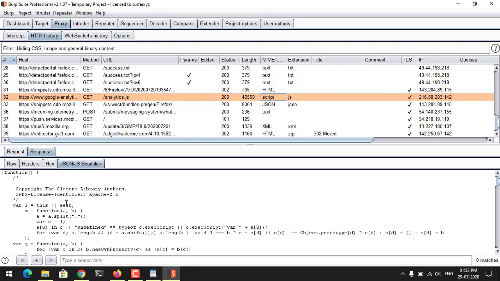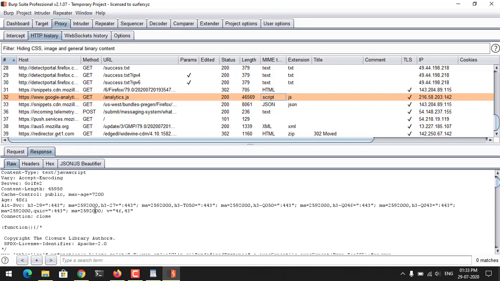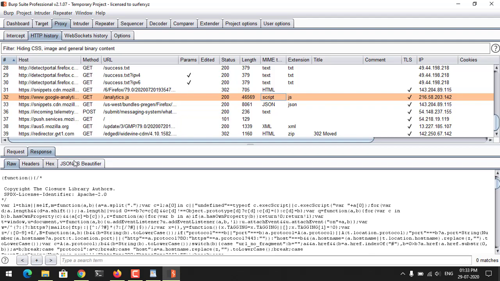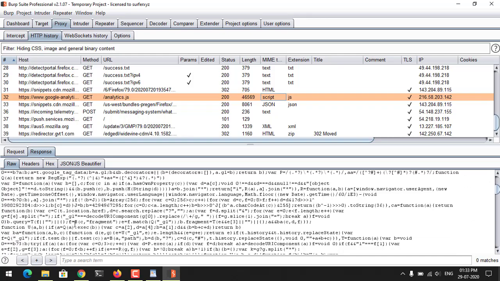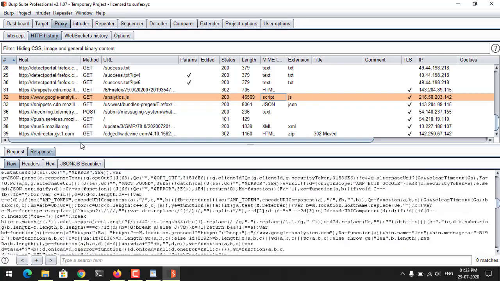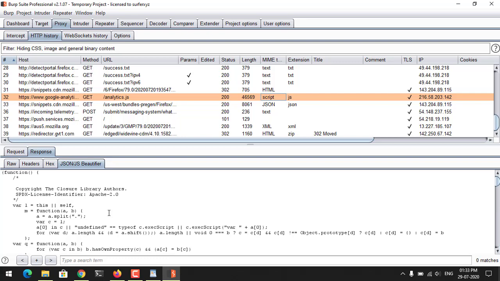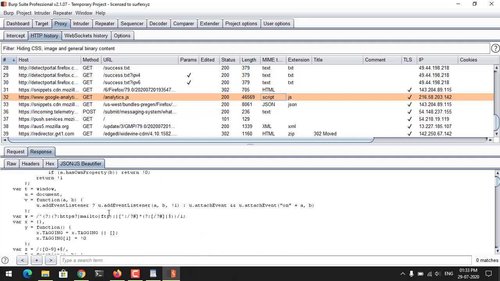So what happens without our extension? This is the response for this JS file. This is the JS data, JavaScript data. And if we go and click on this extension, it has beautified it for us.